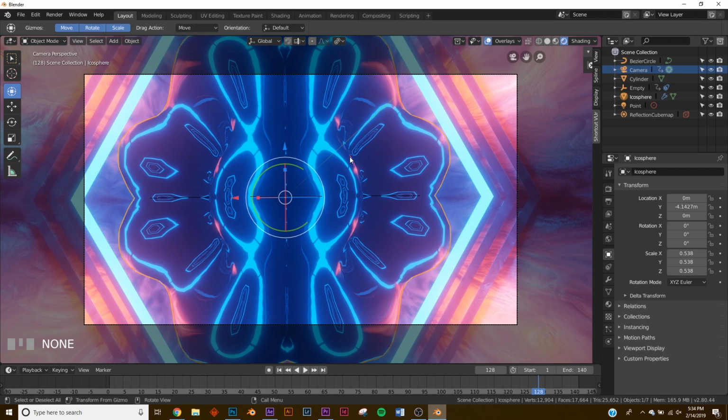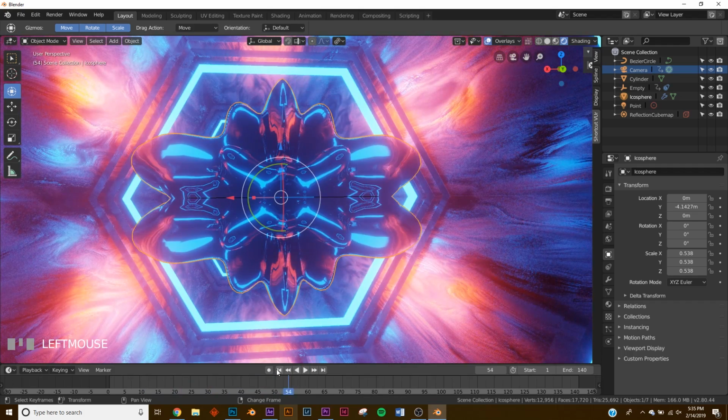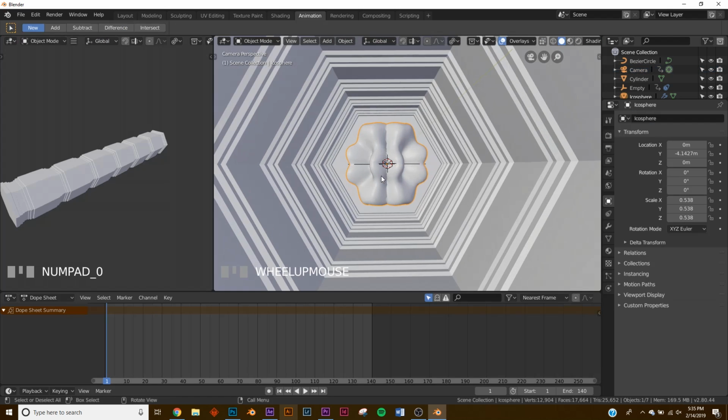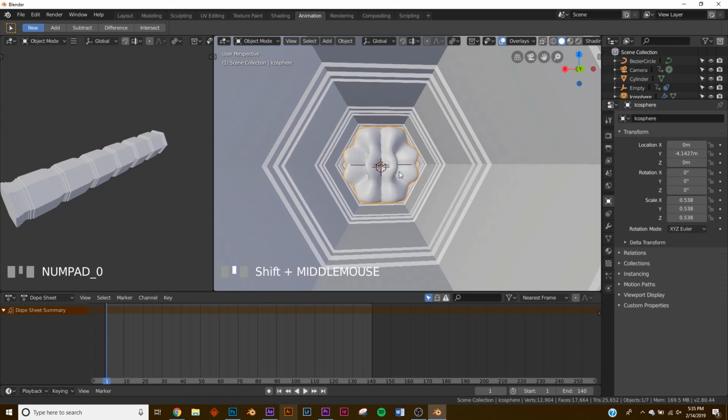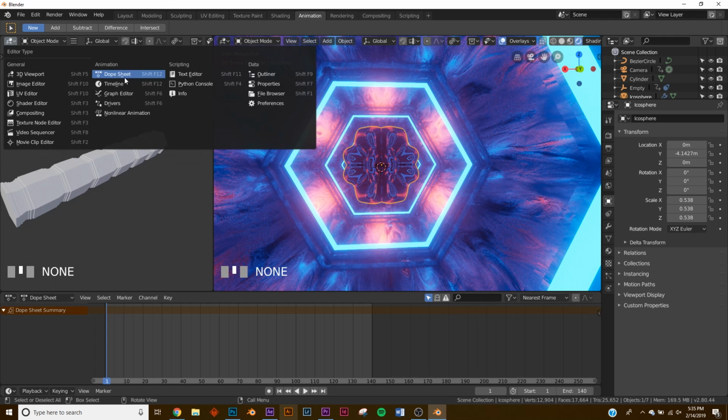So here's a little animation trick to make things loop in a longer animation. So we have our object here that's rotating at 360 degrees, basically, but how do you make that rotate more? We don't want to add maybe 720 degrees or 1080 degrees because we'll have to keep adding and adding that number. So what we can do, right up here in the animation tab, we'll use that here. Right here, I'm going to switch it to the graph editor.